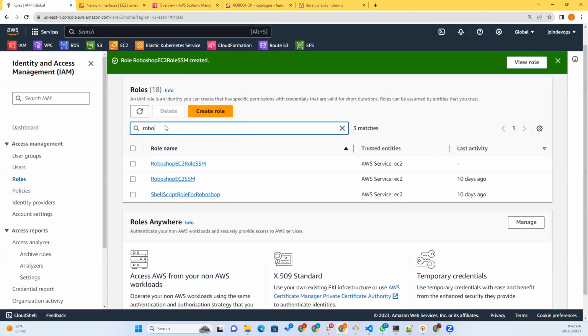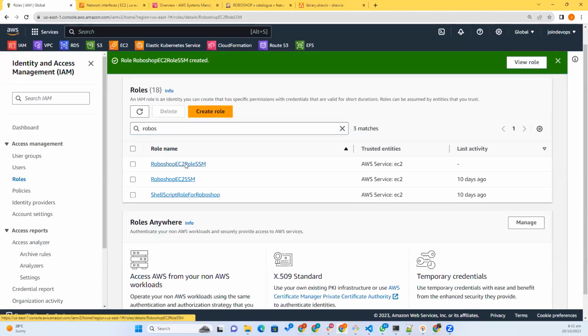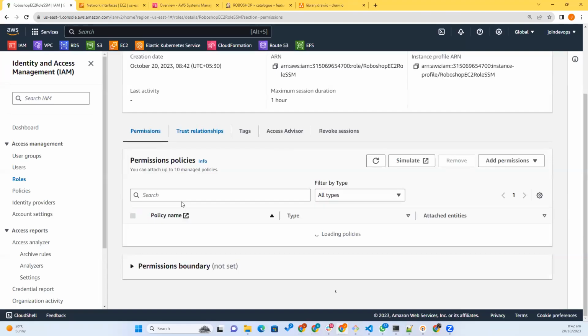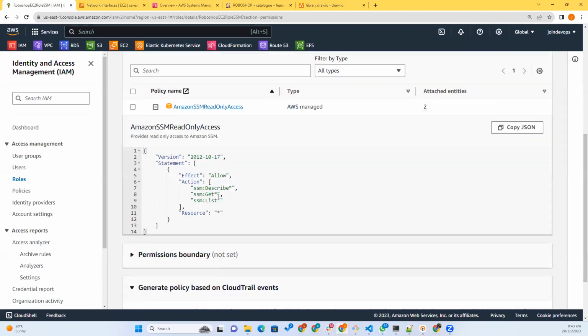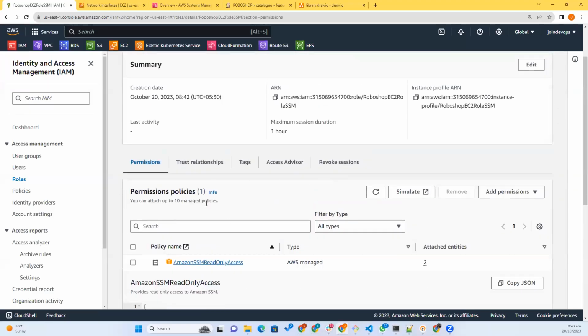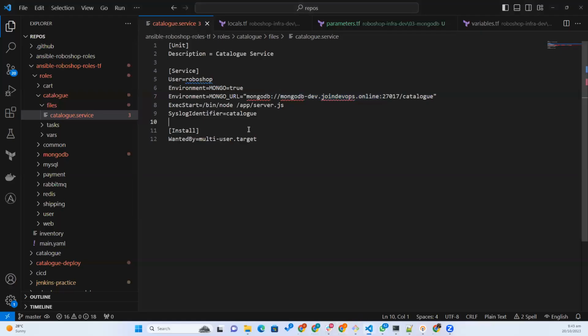Now you can see RoboShop EC2 role SSM, I created today. So what are the permissions? These are the permissions. SSM access, and you have the list, get, and describe. Okay. So now what I have to do, I have to allocate this permission to the catalog instance. And then here,